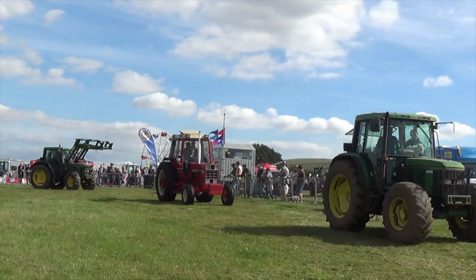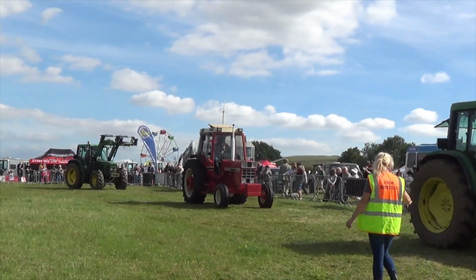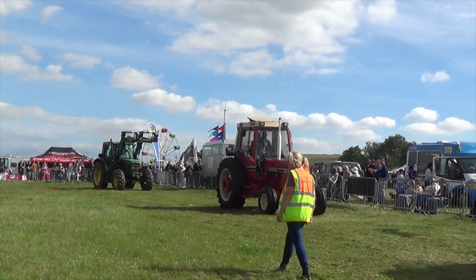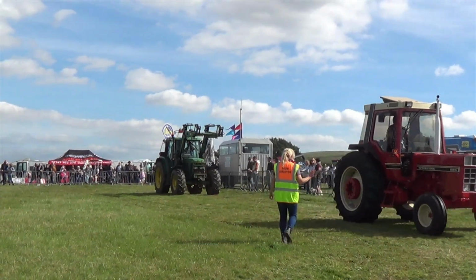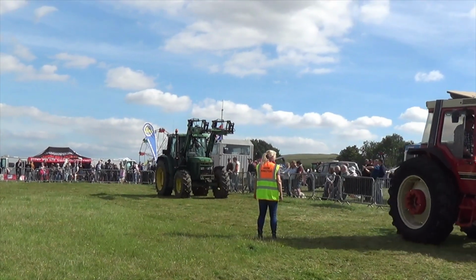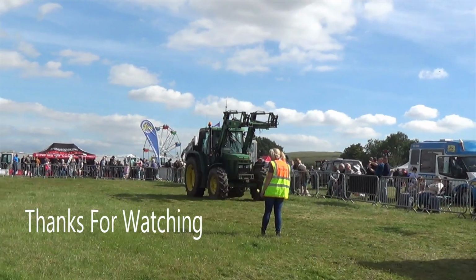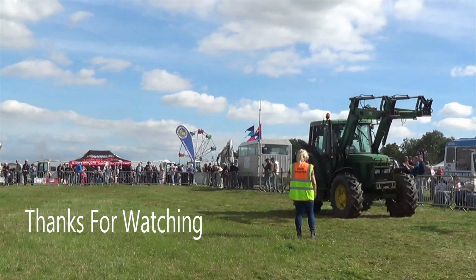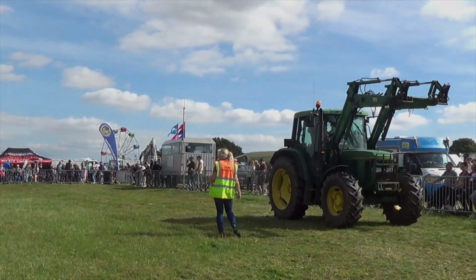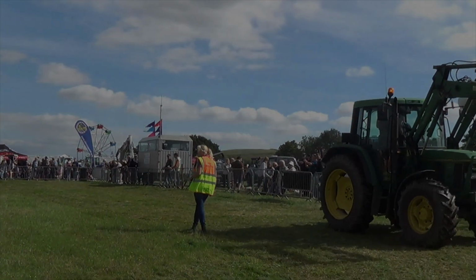And the last one, again a John Deere, again with a similar type of cab. It's always interesting to look at tractors that come to a show. That's a 1996-97 registration, P at the front. When you look at the collection of tractors